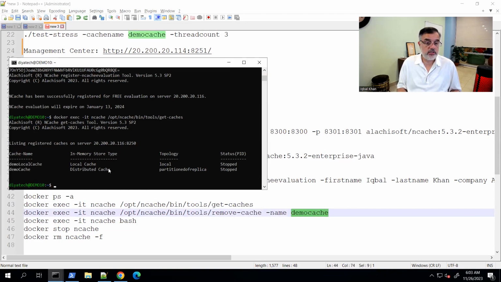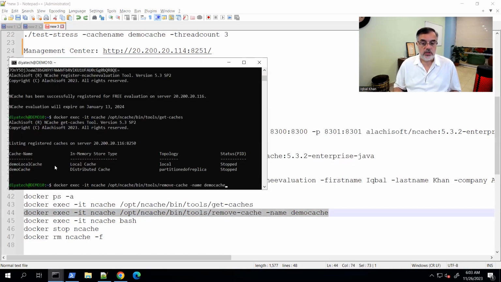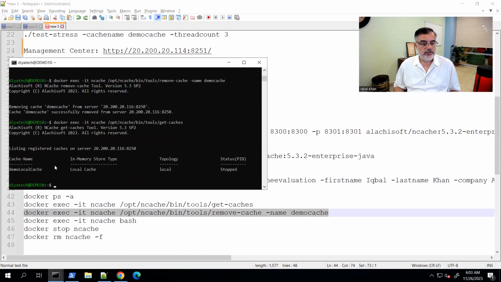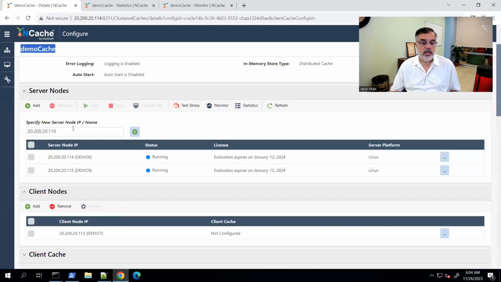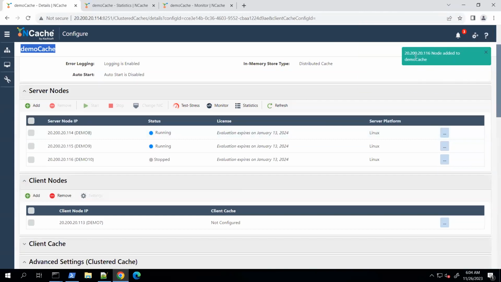Oops, sorry about this. We'll copy that and verify that again. And it's not there anymore. Now I can come here and add it here. Let me just minimize this again so you can see that right here, it's going to show you that that cache got added, but